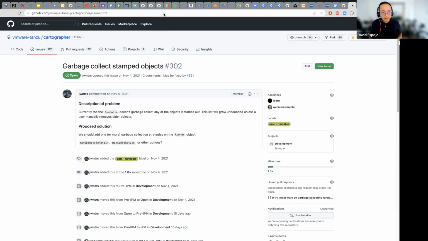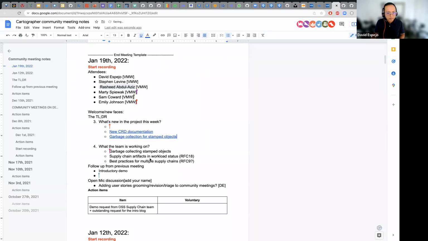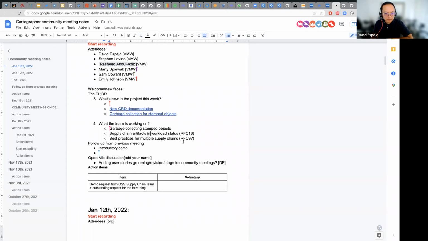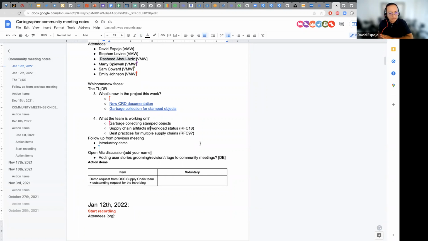Thanks. And well, now what team is working on? Again, garbage collecting stamped objects, and work around RFCs, a couple of RFCs. Any comment around this? Yeah, we're doing a lot of design right now. So we continue on